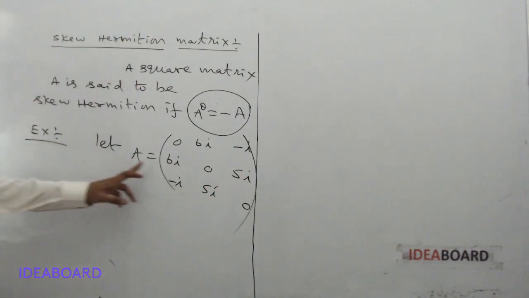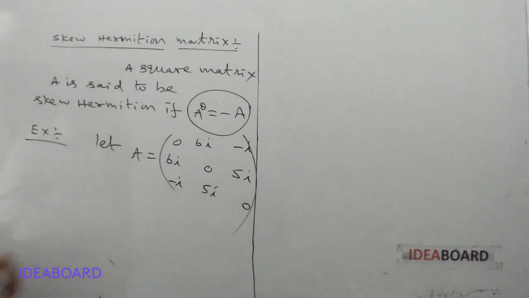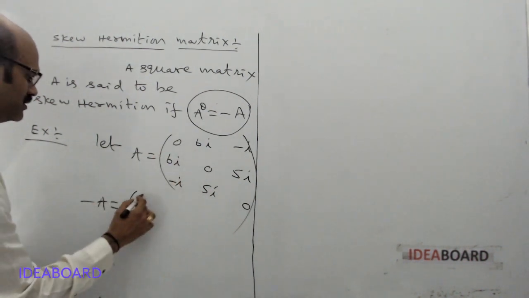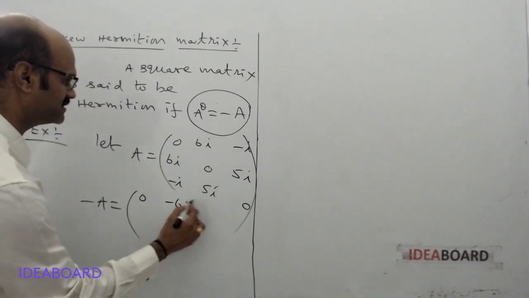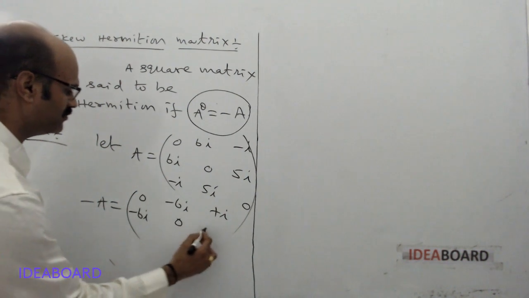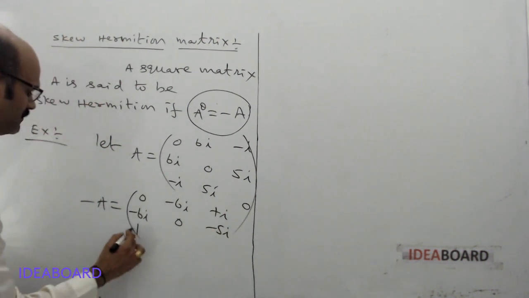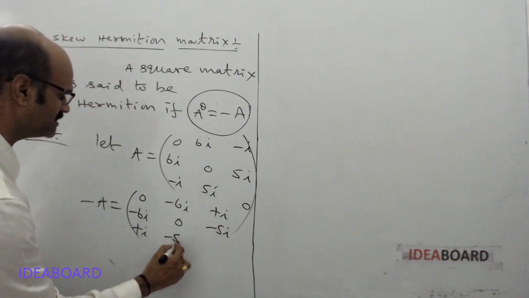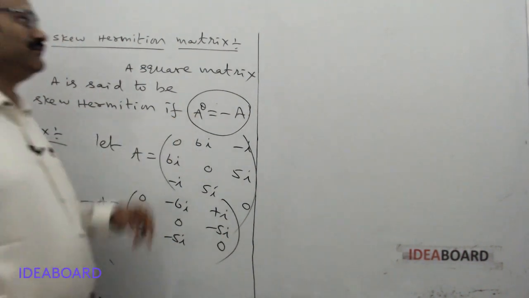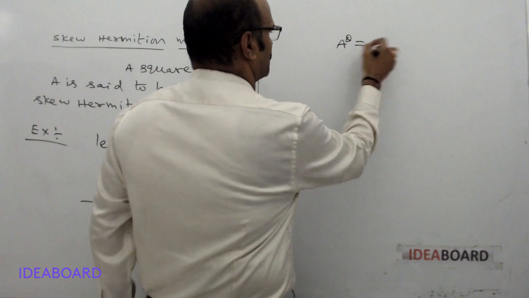This matrix is called skew-Hermitian matrix. Let us verify. First we have to find minus A. Minus A equal to [0, minus 6i, plus i; minus 6i, 0, minus 5i; plus i, minus 5i, 0]. Now, A^θ is always equal to